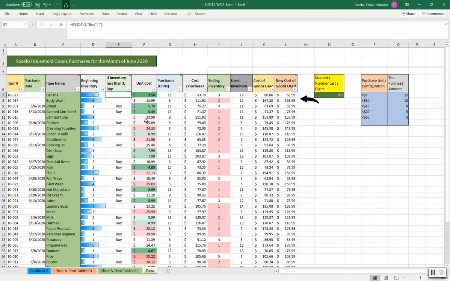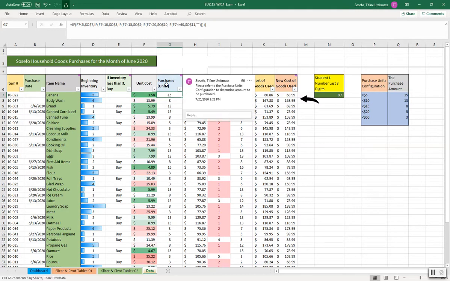Okay, and then moving to the next column, unit cost, that is not adjustable, it's according to how much it was charged to me. Okay, then I move to purchase units. Interesting on this one, how do I determine how many items to purchase? So I put a note here, it says to refer to the configuration to determine the amount to be purchased. So you can see to the right here I have this